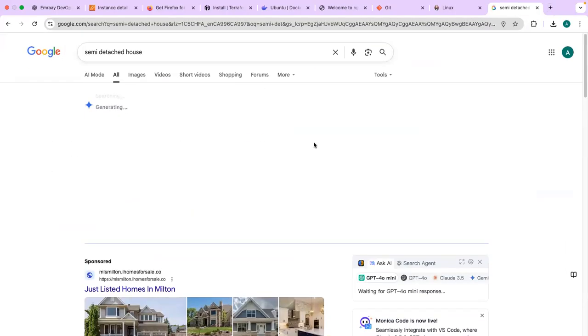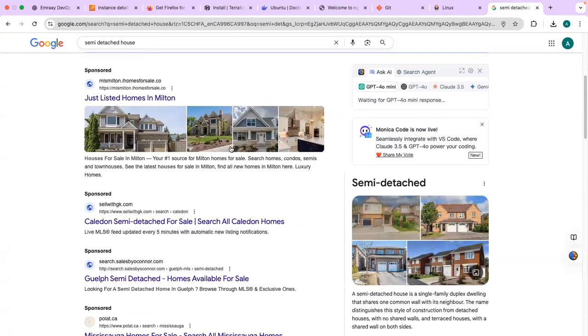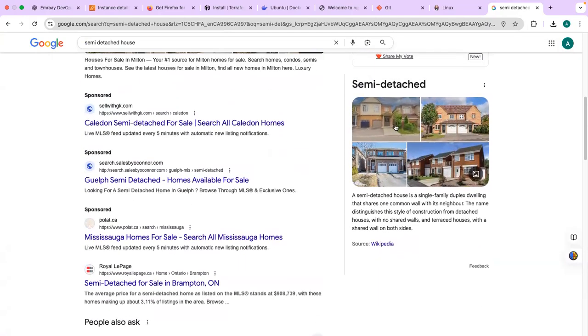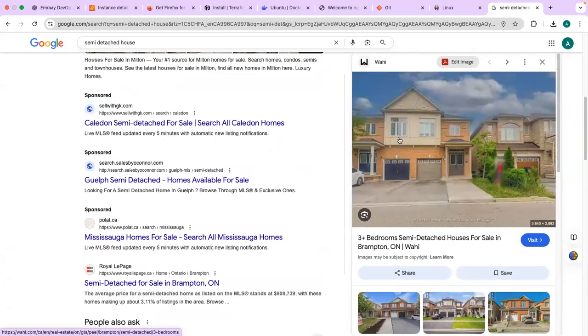This is how a semi-detached house looks. One part is for one person, one part is for another person. So this is the type of house I live in. I am number 36, and that's number 38.